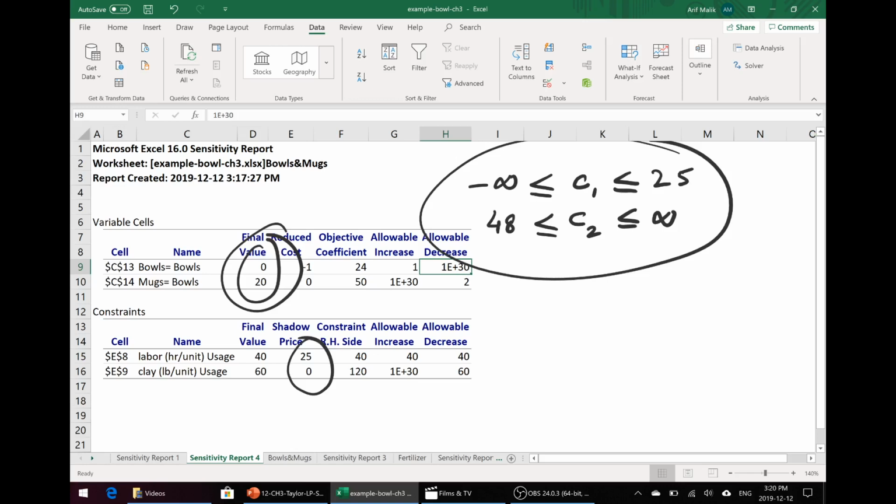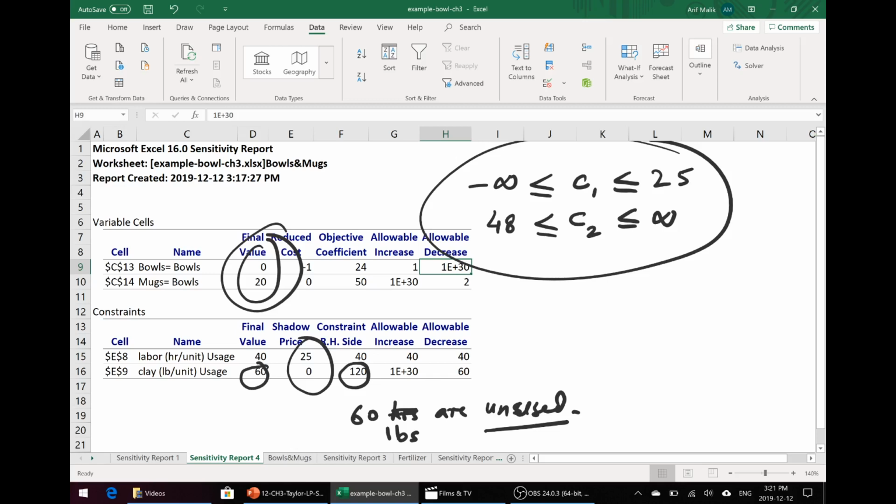Because you can see that the final value is 60 and the right hand side is 120, which means that 60 hours are unused. So when unused clay is there, 60 pounds of clay are unused, and the ranges of them are